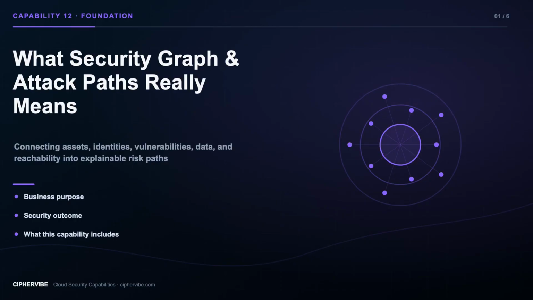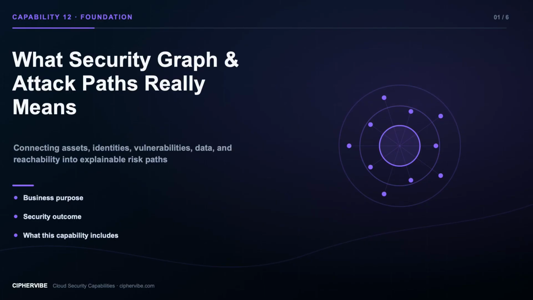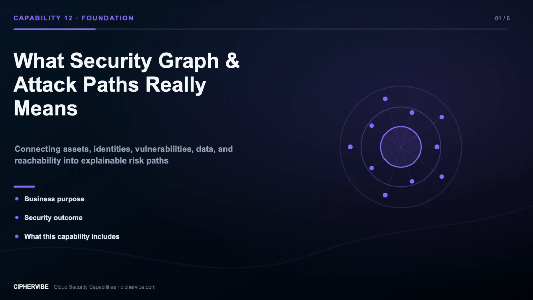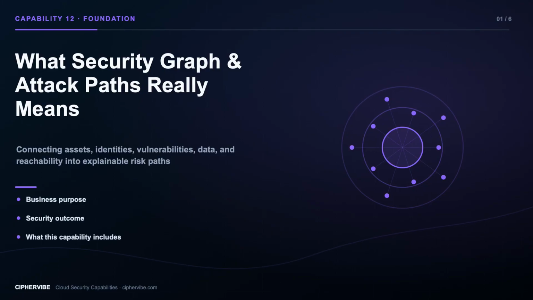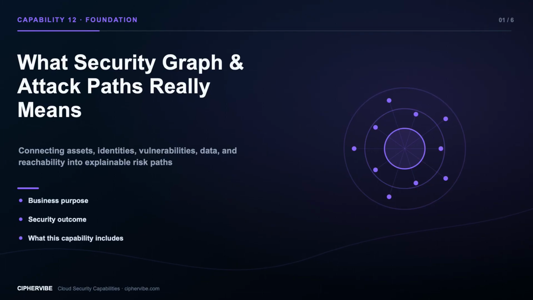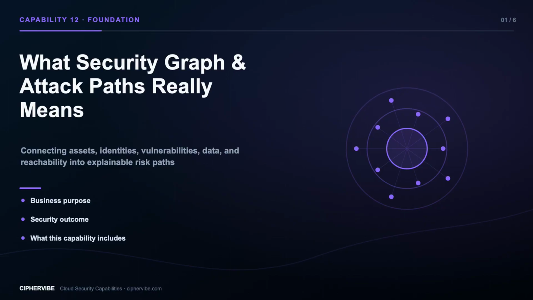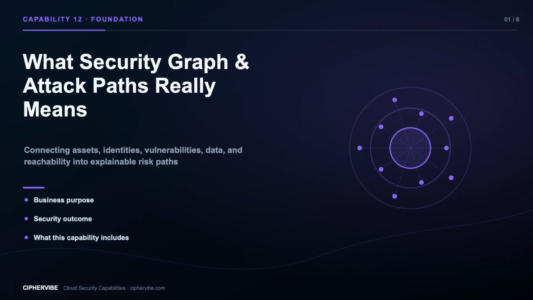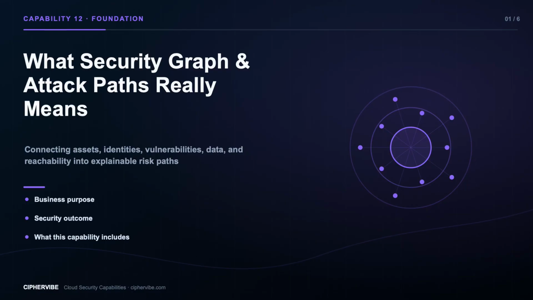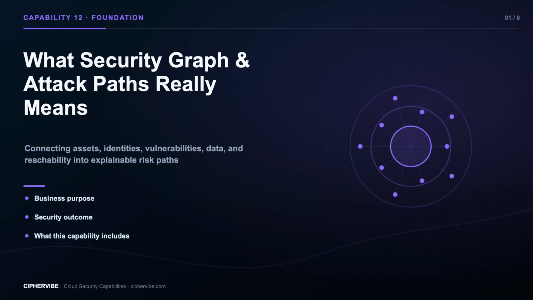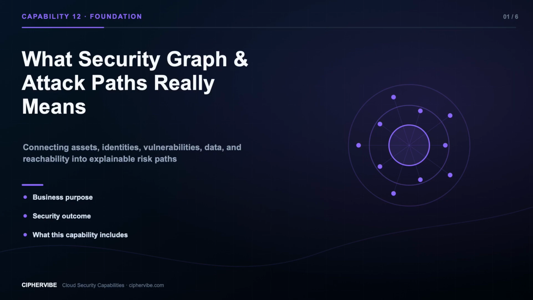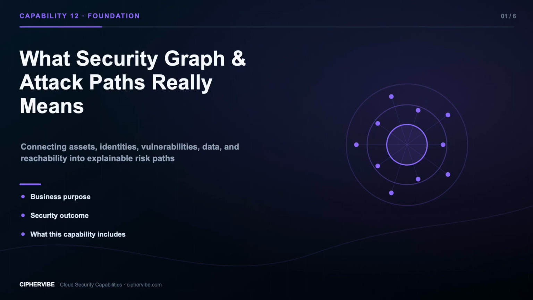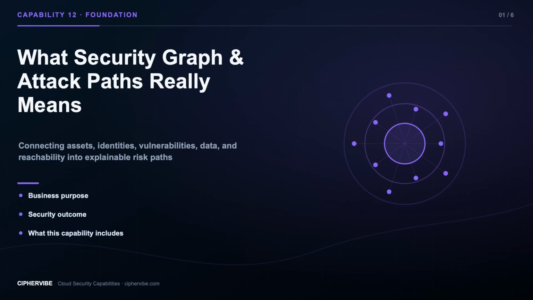This episode explains security graph and attack paths, why it matters, how the capability works, which mistakes weaken it, and how to build it in a measurable way. A security graph represents entities and relationships so defenders can understand how separate weaknesses combine into an attack path. The graph should make prioritization explainable by showing the starting point, traversal conditions, target, evidence, and actions that break the